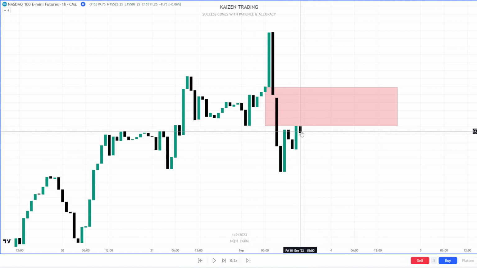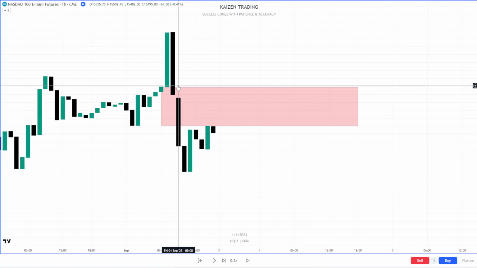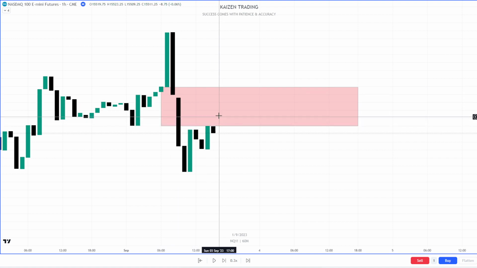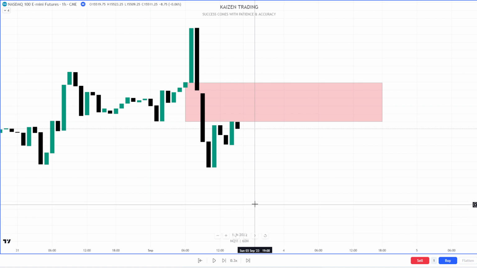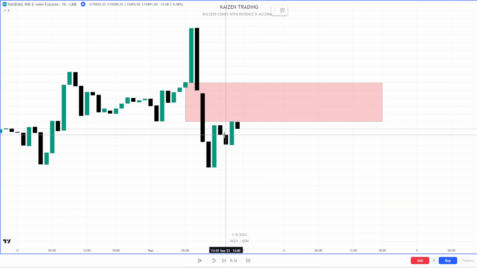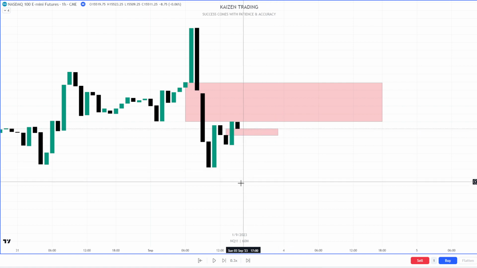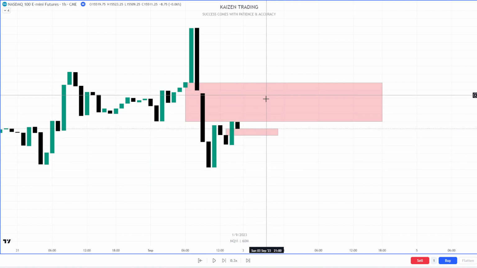So as I'm looking for where I want to see price head to, I'm going to highlight this area because I want to see this area where we have the highest up close candle and the bottom of the highest up close candle here as an imbalanced area. We have a void and we have nothing but down close candles that have formed in this area. So to be balanced, we would need a series of up close candles coming up into here. The second thing I'm going to notice is that as the price ends on Friday, we've also left an imbalance right here. So now that I've marked these areas of imbalance,